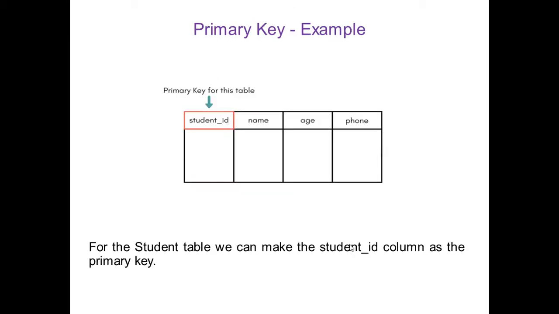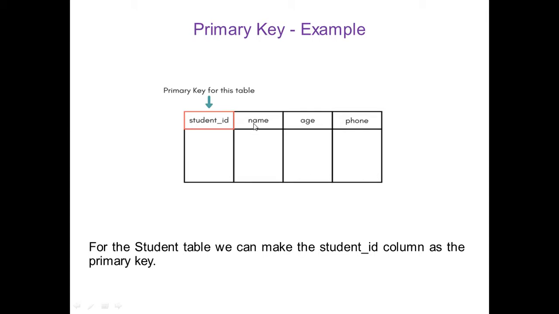Now we will see the example. Now see, this is the student table which has 4 attributes: student ID, name, age and phone. Now see, in this case, the name can be repeated. Age can also be the same. But there is one attribute, that is student ID, which is going to identify the whole record uniquely, because student ID can be numeric and it is not going to repeat. So by using the student ID, we can identify the record uniquely.